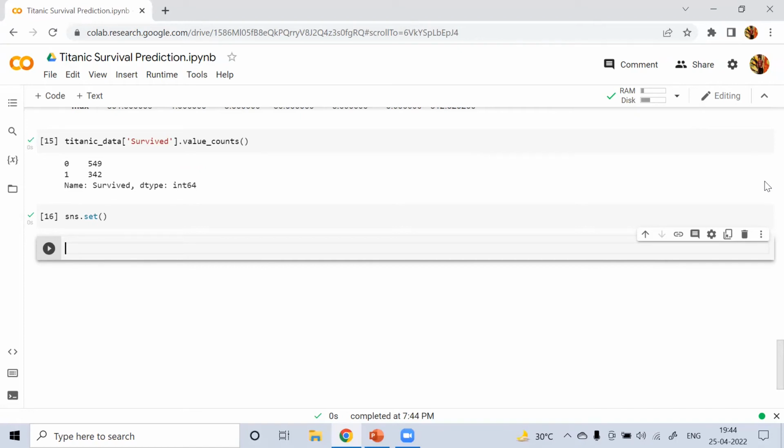So now let's count how many survived by using the count plot. sns dot countplot, survived, data, we will give our Titanic data.